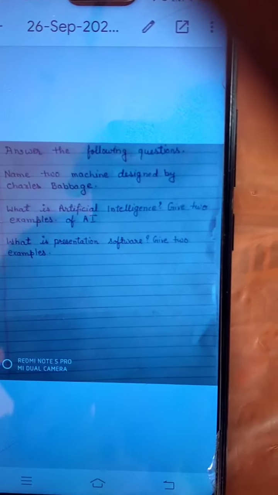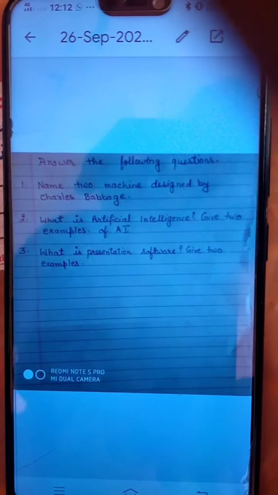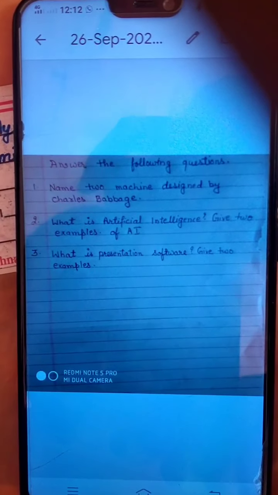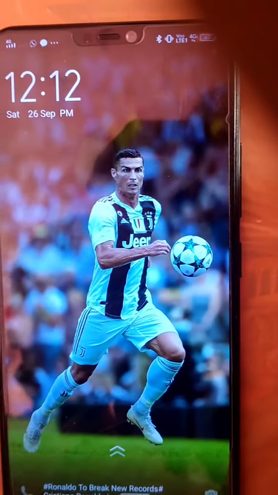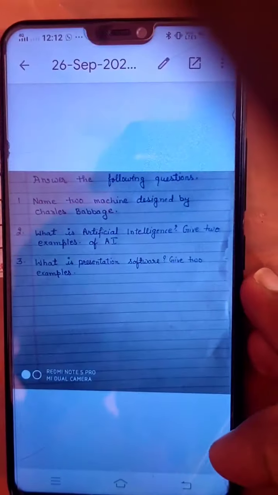Now you have to copy this question paper in your answer script. Okay, now you have copied the questions in your answer script. After that you will get half an hour to write the exam.